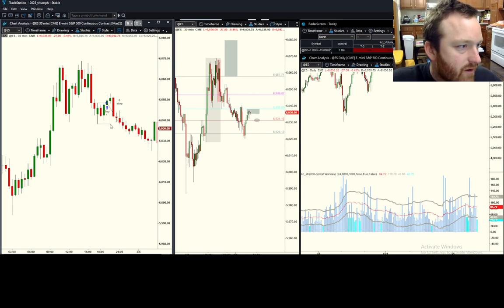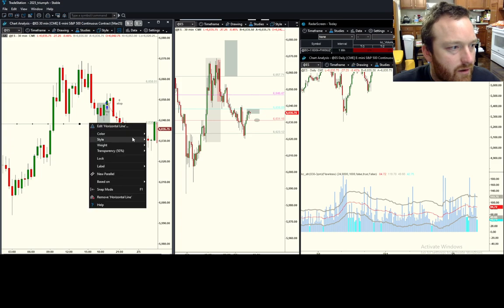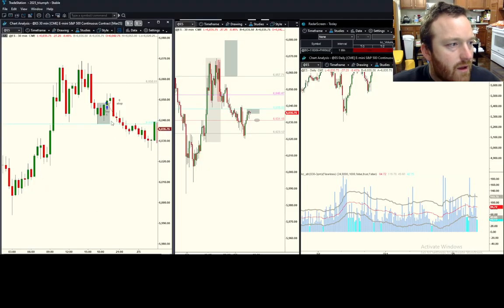Whichever side it wants to break, whichever side, oh, it breaks the top. We go short. I would go short because we're doing the opposite of this algo. We have our stop as a 1R away. So it's about 1R away. That's our stop. And where's our target? The other side of the 30-minute breakout line. And then boom, it collects that.